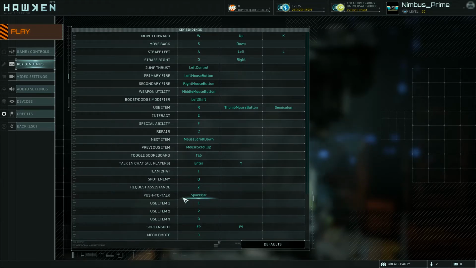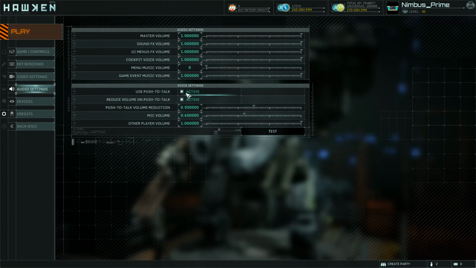But the thing is that's my push to talk button, meaning that unless I'm pressing that button, if that feature is enabled, which I'll explain here in a moment, nobody will hear me. So nobody will hear me in the game of Hawken. Once I've got that, that's usually self-explanatory. Everybody knows that. Go to audio settings. I do have my push to talk set up for my spacebar in case your right or left control